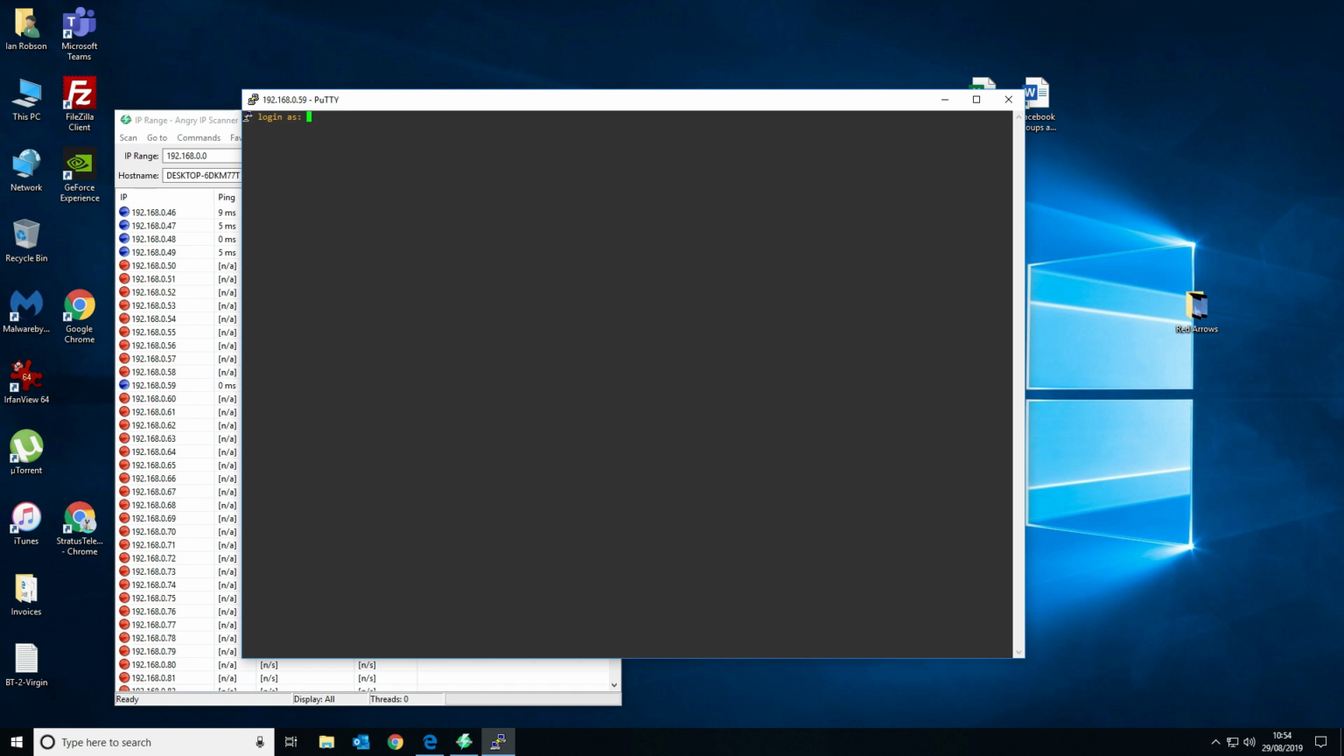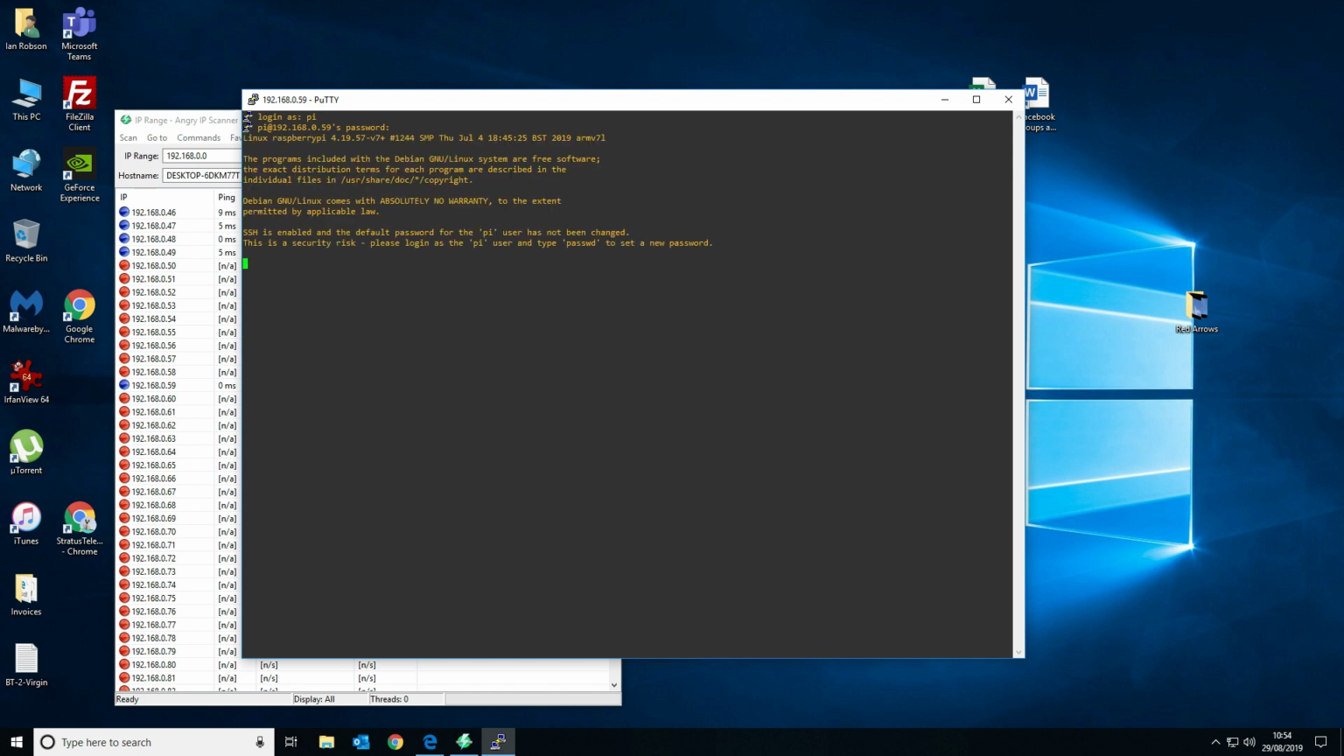Okay, so we want to log in with the default settings. So the default username is Pi and the default password is Raspberry. Excellent. So once we've logged in, there's a few things that we want to do. The first one is we want to change the password from the default because we have enabled the SSH server. So to do that, you want to type in password,